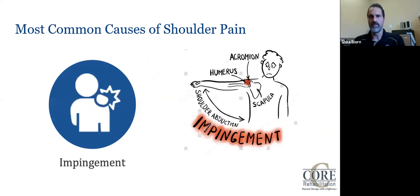So the next most common cause of shoulder pain is what we refer to as an impingement syndrome. You can see a little diagram here, this gentleman with the pain in his shoulder. So the humerus, like I was talking about before, is like a little ball, and the socket is the glenoid fossa where it rolls on there. If things aren't rolling smoothly, if the shoulder blade doesn't move the way it needs to, if the rotator cuff doesn't do its job well, when you go to raise your arm, there's the acromion,